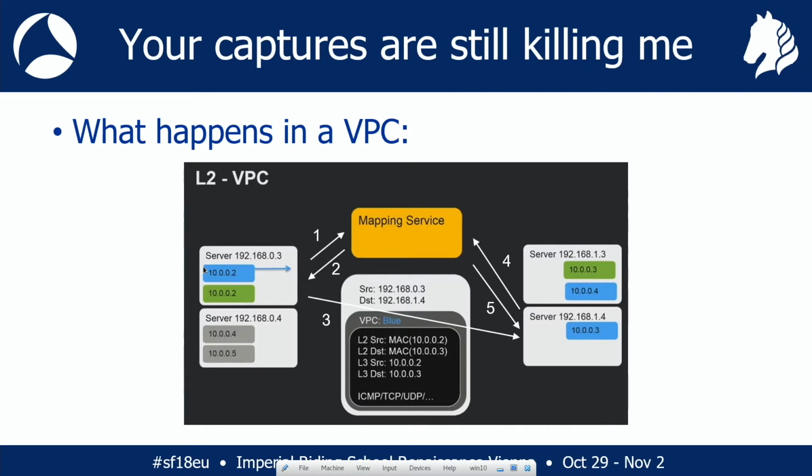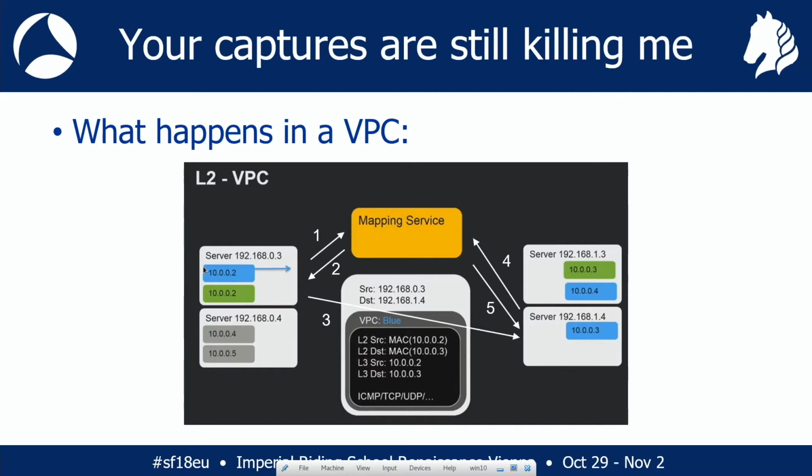What happens is that you send that, and a mapping service, which is running on every single host in every single data center, hijacks that ARP request and just looks it up. It sees whether you've got permissions to send to that particular endpoint, whether that endpoint sits in your VPC, and then basically gives you a made-up MAC address and sends it back to you and says, yeah, there you go, send your packet across this. Otherwise, it flags an alert to AWS support and says you're trying to do something that you shouldn't be able to do. So at that point, you get your ARP response back, and you then want to send your IP packet to the other end.